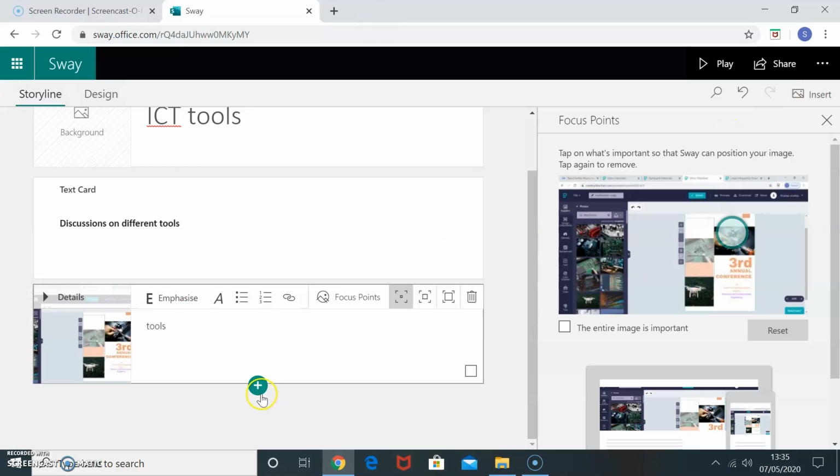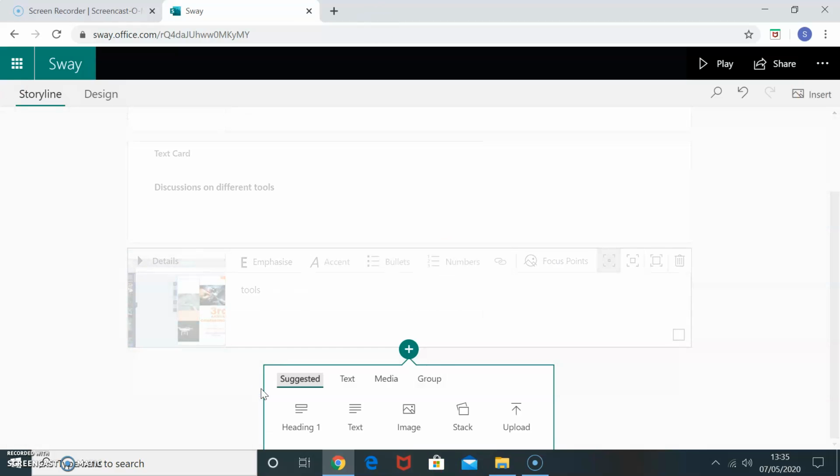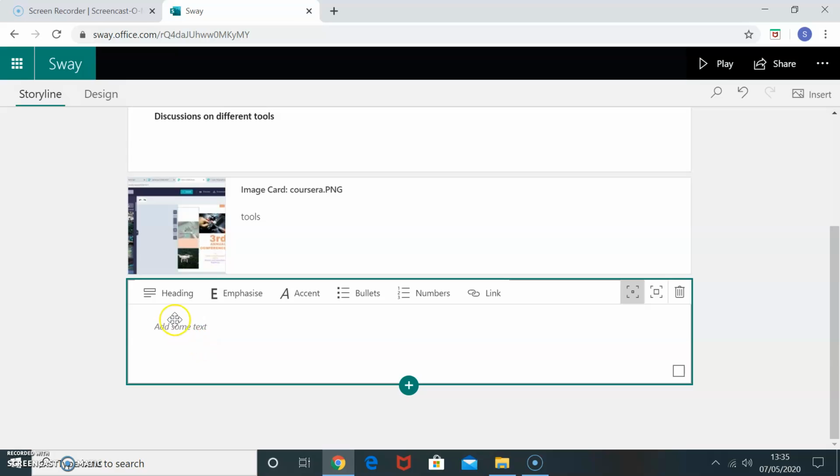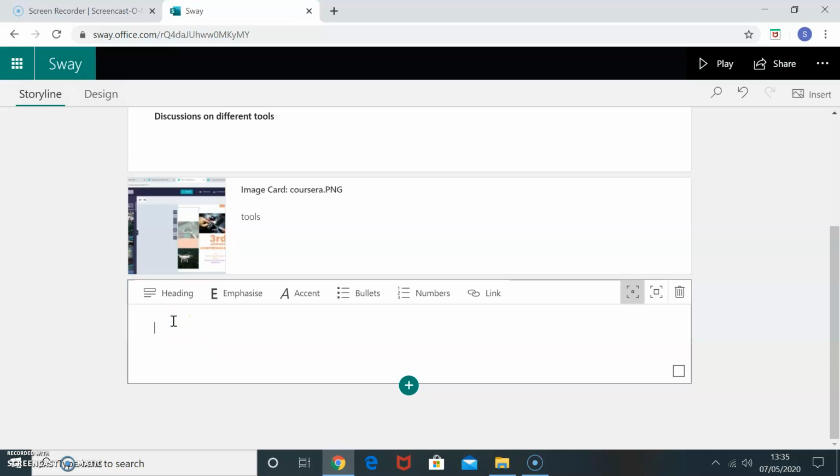Then for the next tool, I can go for text related to the image, whatever is there, I can write about that image here. For a poster presentation or something, whatever I have to put, I write about that image, different tools. So I'll prepare the total PPT.